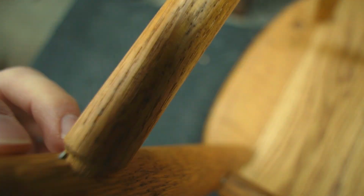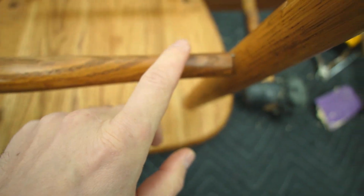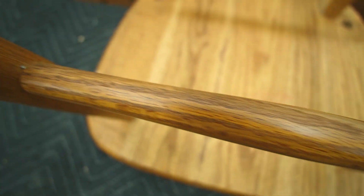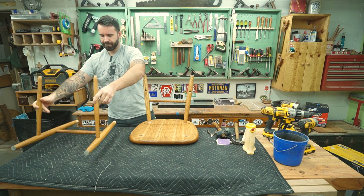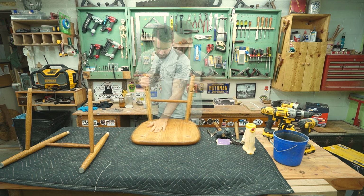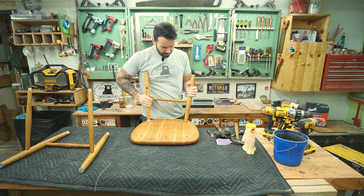Most of the time. Here you can see what I was talking about with those brad nails. Each little joint, there's just a little dab of glue in there, and then it's just held in with a brad nail. There we go. Set that aside. Wiggle that up by hand, and once I got that one out,